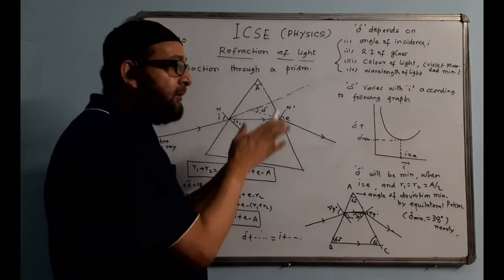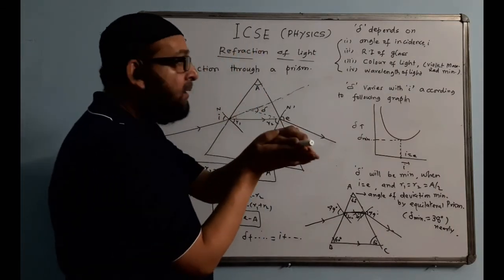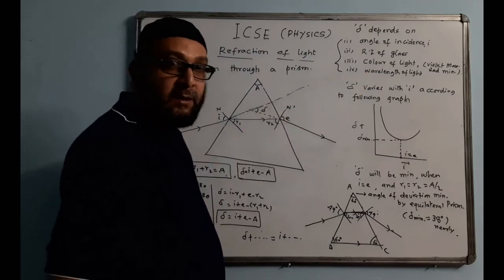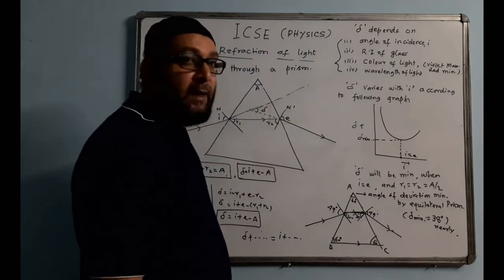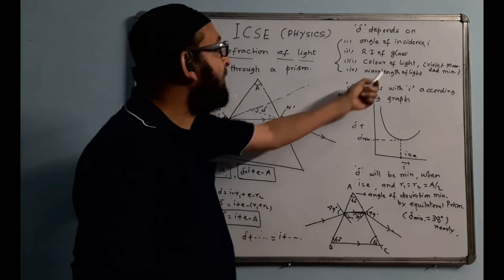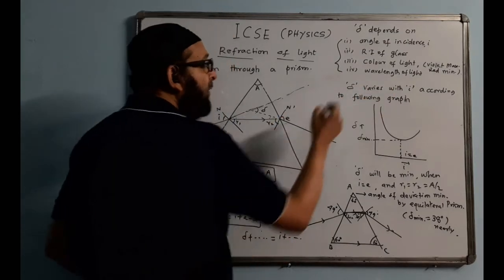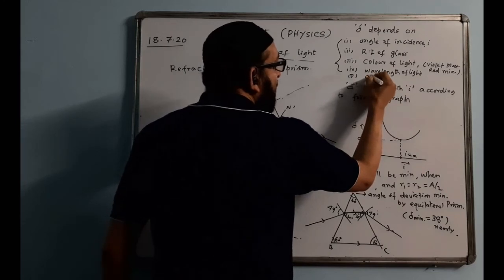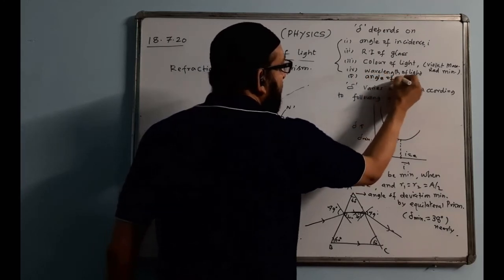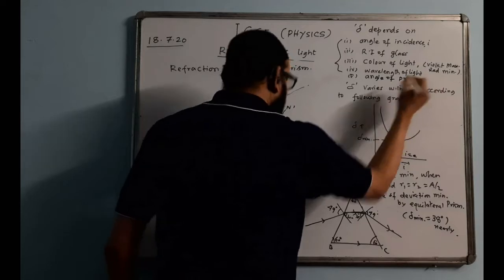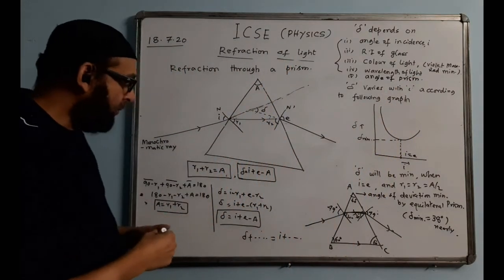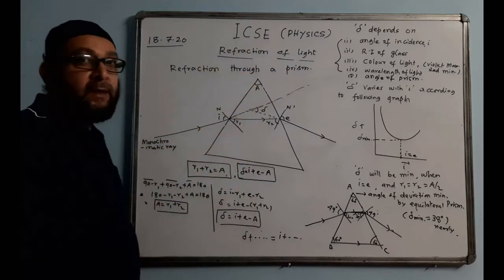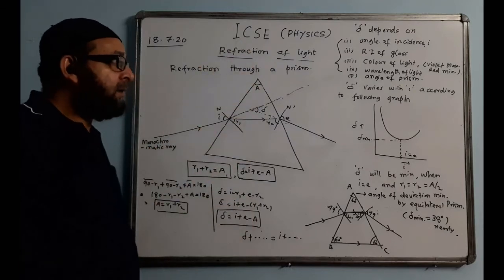We know the fact that violet color bends the most, so violet will have the maximum angle of deviation, and red bends the least, so red will have the minimum value of angle of deviation. It depends upon the wavelength of light also. And one more factor you can add on, this is the angle of prism. It depends upon the value of the angle of prism also, because in the formula A is also coming. So these are the factors on which the angle of deviation delta depends.